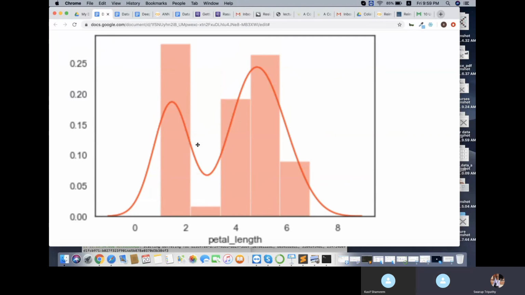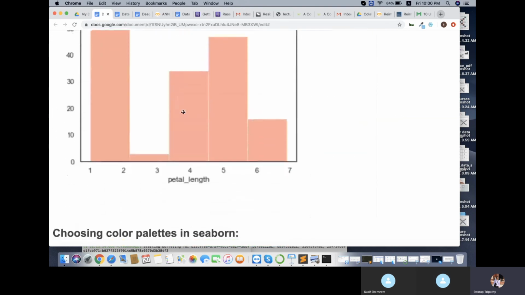Probability is always counted within 0 to 1, right? 0 means 0%, 1 means 100%. So it just scales your feature. That's all. It just scales your value.